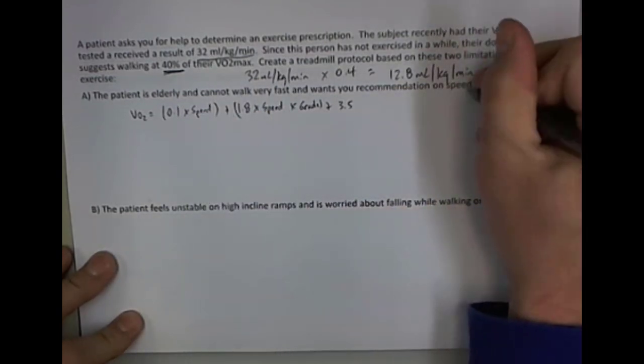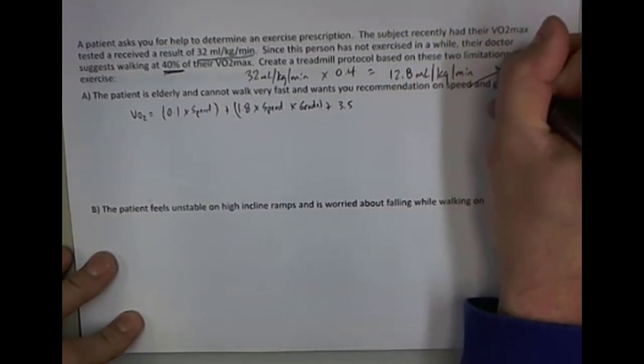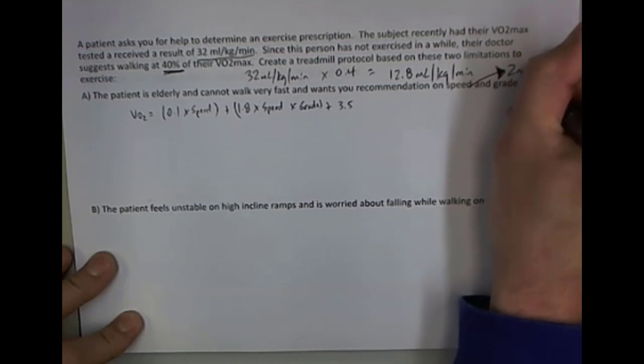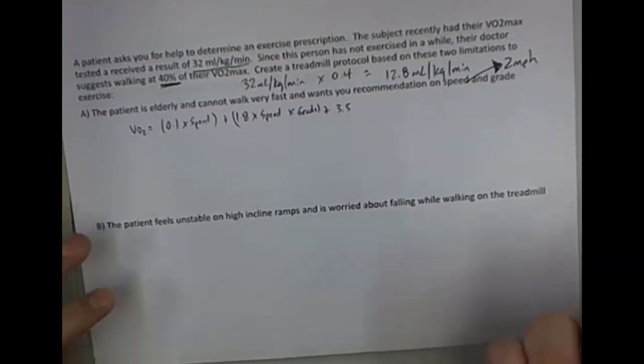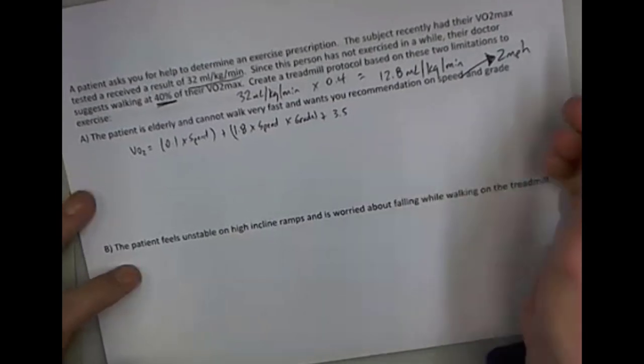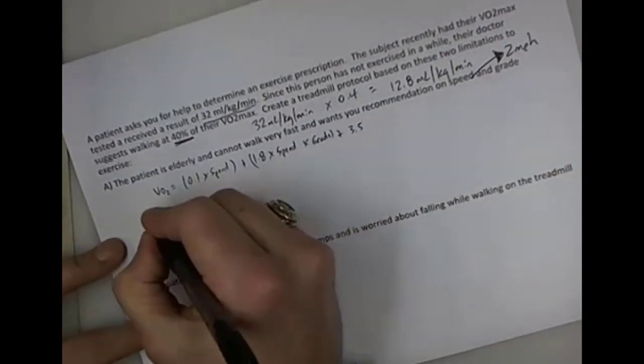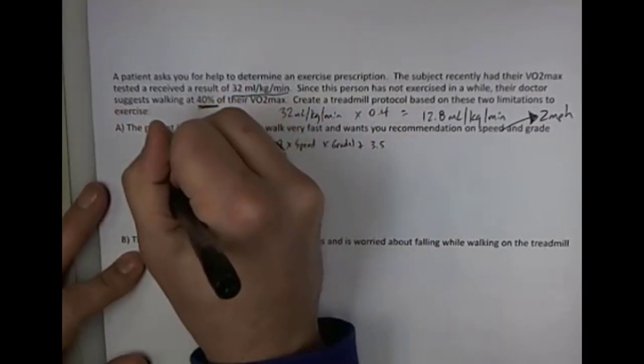In this case we just need something slow, so I'm going to arbitrarily pick 2 miles per hour. That is what I would consider a slow walking speed. So let's get to work then to solve for a percent grade. The first thing that we need to do is convert 2 miles an hour